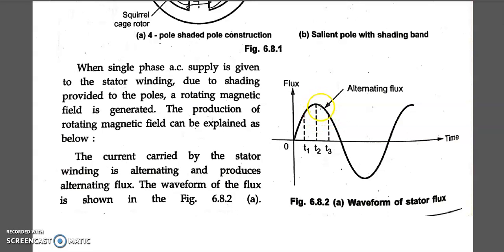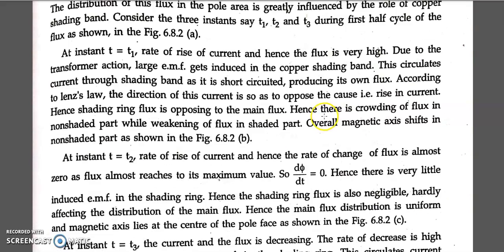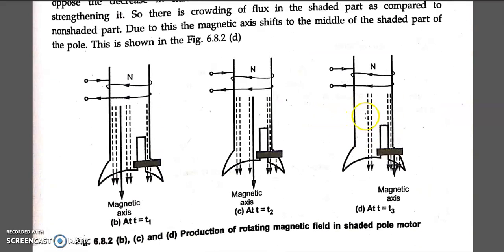Now the rate of change of flux is decreasing. Here the rate of change of flux was increasing, now it is decreasing. Yes or not? From t2 to t3. With that knowledge, what happens here? Now you can see flux at the right part is more and flux in the left part is less. Here the distribution of flux is more, here it is less. Now let us see why the distribution of flux is more here and why it is less here.